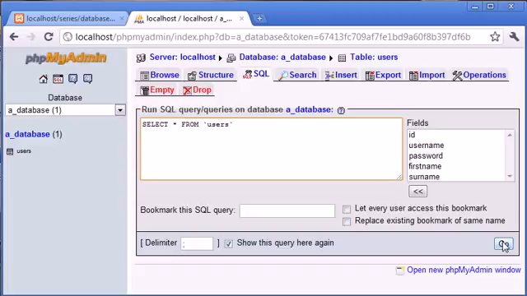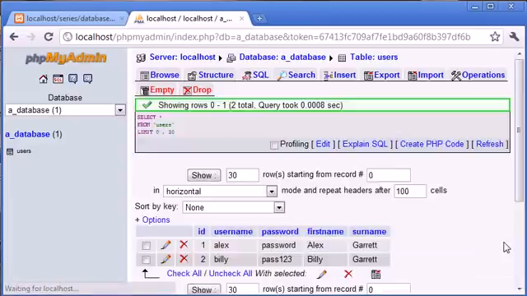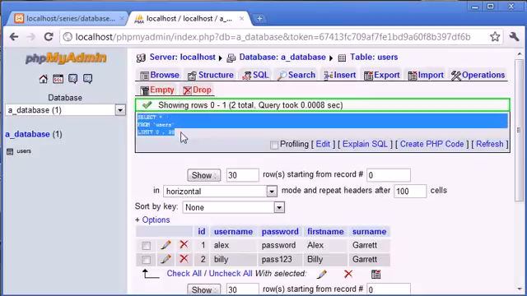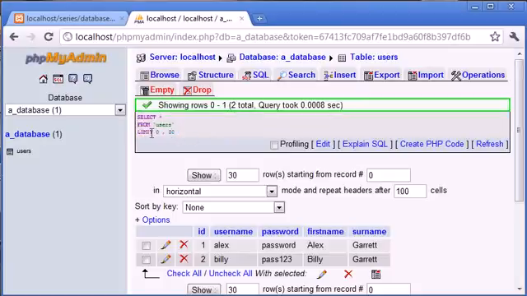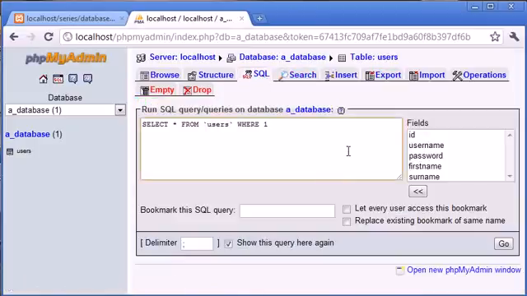So now what I'm going to do is click Go, and you can see that this has returned showing rows 0 to 1, and 2 total. The query took an amount of seconds, and it's shown our query here with this limit on the end, which I'll explain soon. But we've retrieved exactly the same data as if we were to click Browse. So this SQL query for us at the moment is useless inside phpMyAdmin,